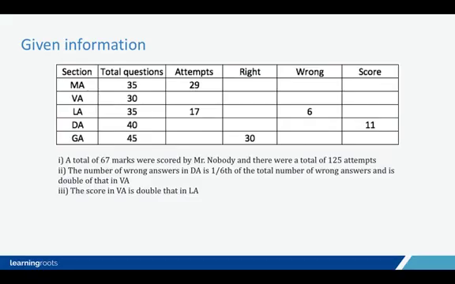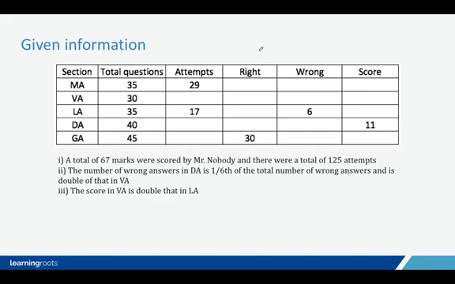So to give you an overview of this set, it basically talks about a person who has taken a test that had 5 sections. Each of the sections had some number of questions. He attempted a few questions, he got a few right, he got a few wrong, and finally there were a few unattempted questions as well. And that led to his final score. Now the final score is nothing but a function of the attempts that person had made, both right as well as wrong, as well as the unattempted questions.